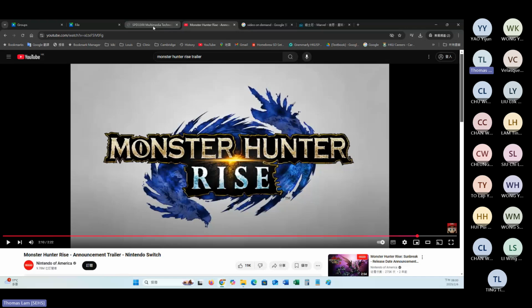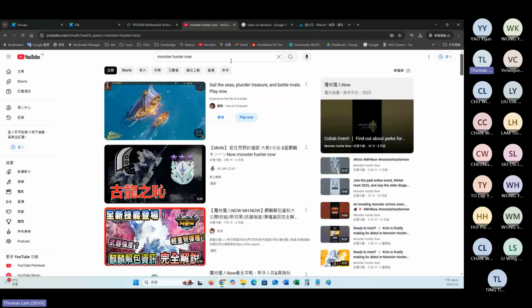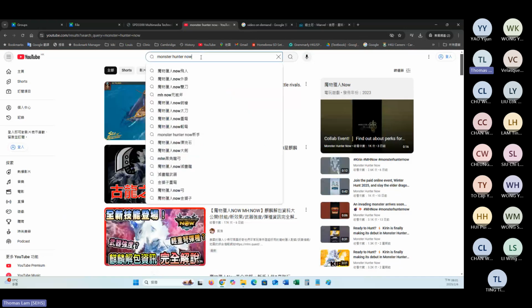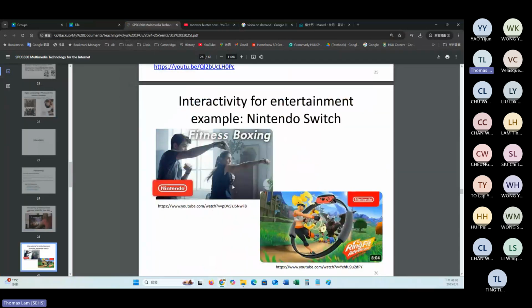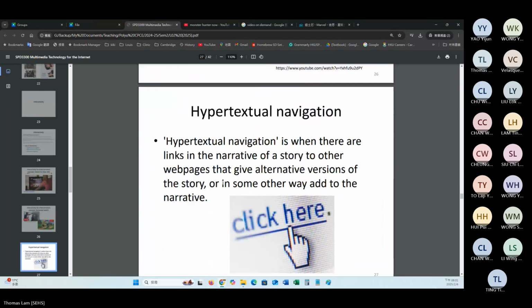For example, I stopped playing this one and I'm now playing this one because it is really convenient. I can play the game outdoors, and I don't have time to play at home, for the Switch. But anyway, all these are examples of interactivities.